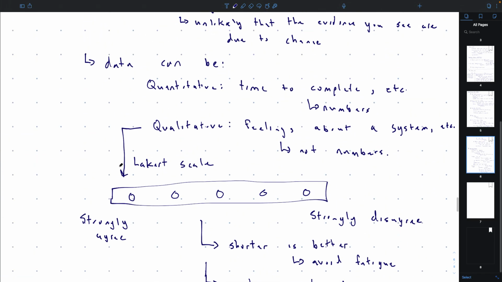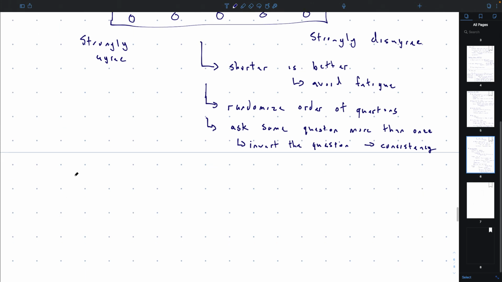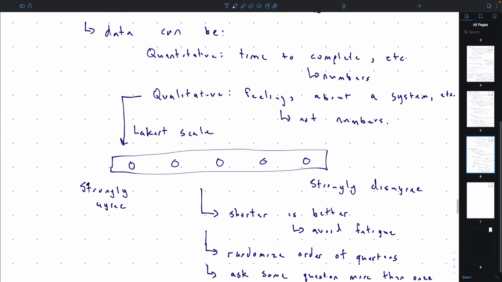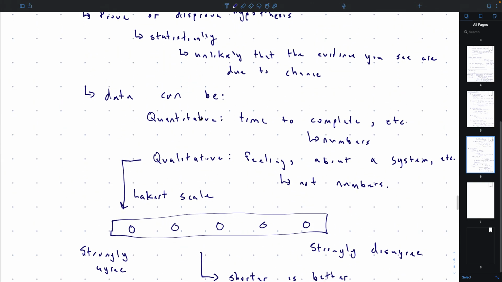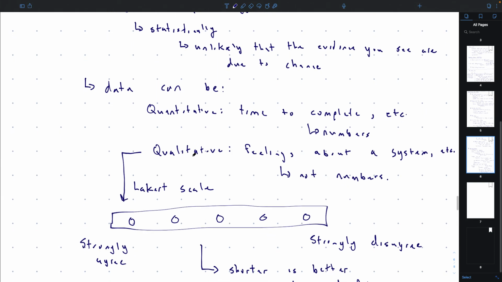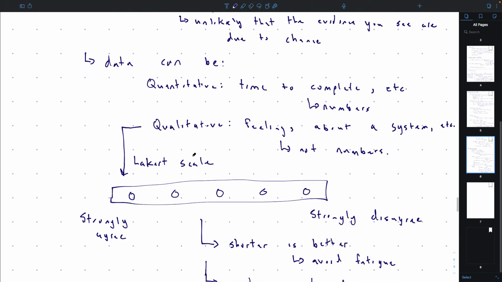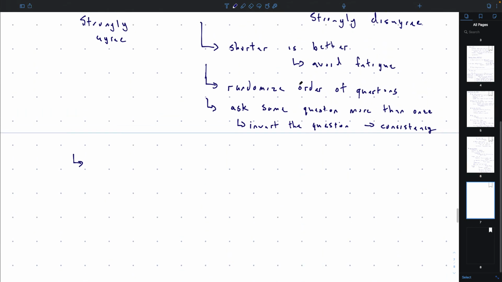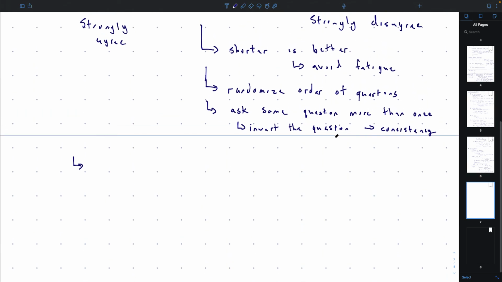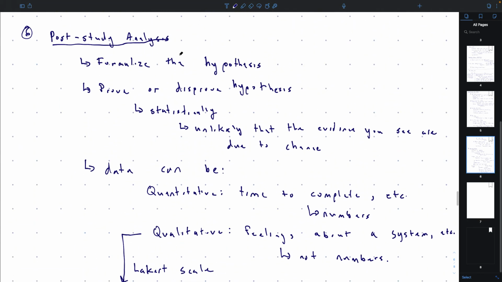Okay, so speaking of statistical tests, now you have numbers. Either you have your quantitative numbers or you have your qualitative feelings that you've converted into numbers by using a Likert scale, and you did all these best practices, so you have good quality numbers. Now what you want to do is some statistical test, which is going to help you prove or disprove your hypothesis.